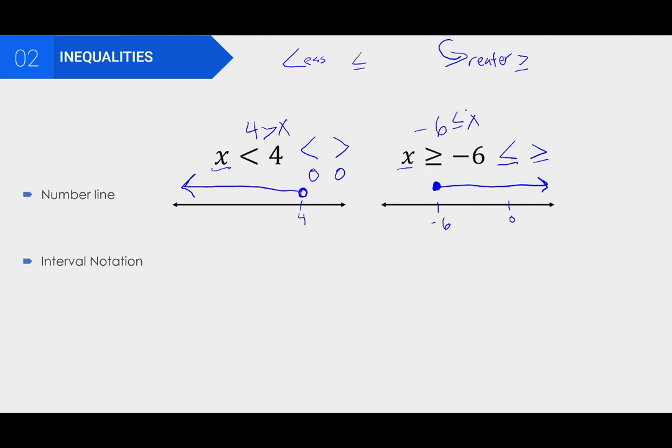Interval notation uses parentheses and brackets and commas to represent a whole interval, not just a variable and a number. So this is saying the number x is somewhere along this interval. We're going to start at the smallest it could possibly be. So we're just going to say negative infinity because we don't know the smallest number. And it's going to go all the way until 4, and then it's going to stop. So in between, you're going to put a comma to represent the interval, and then we're going to put parentheses